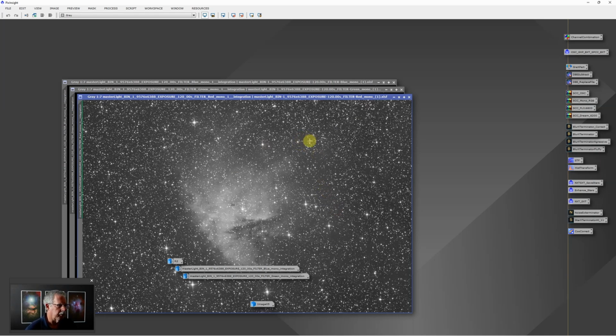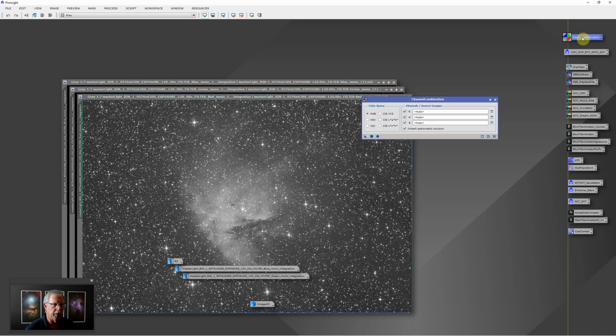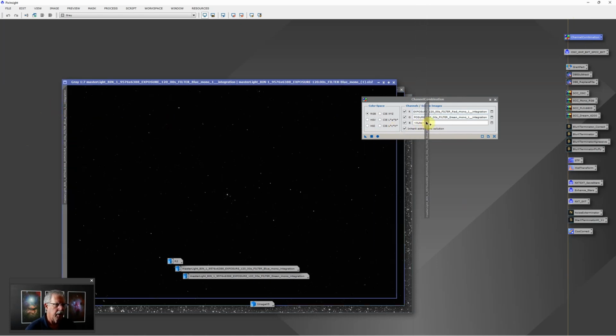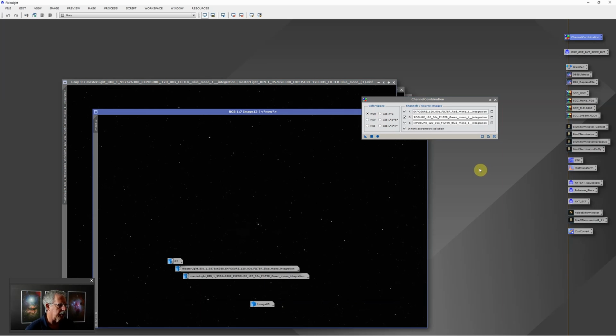So the first thing I'm going to do with my RGB data is combine it into a single RGB file, and I'll do that with the channel combination tool. And we'll just put the red into the red channel, green into the green channel, and then blue into the blue channel. And notice these are 120-second subs,